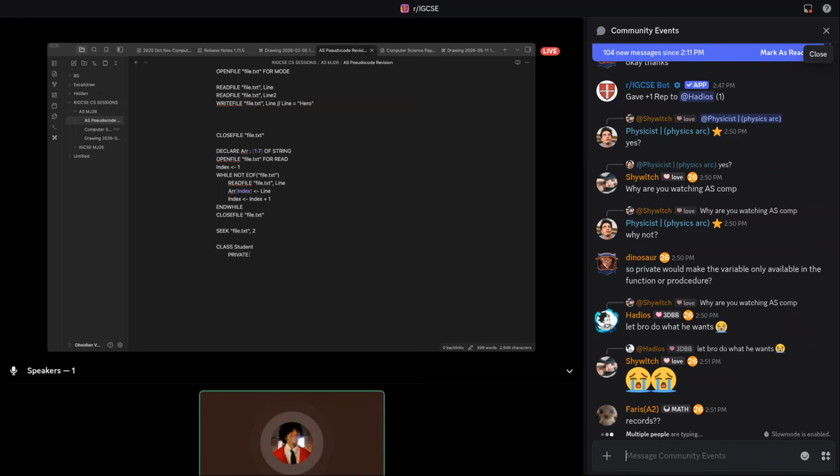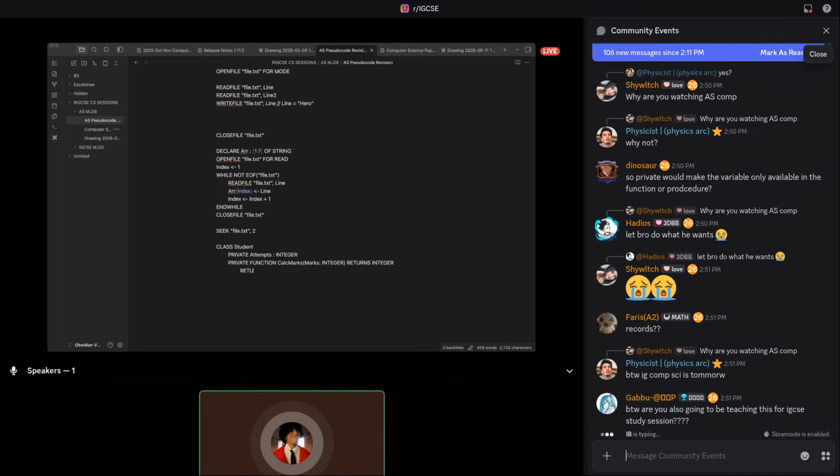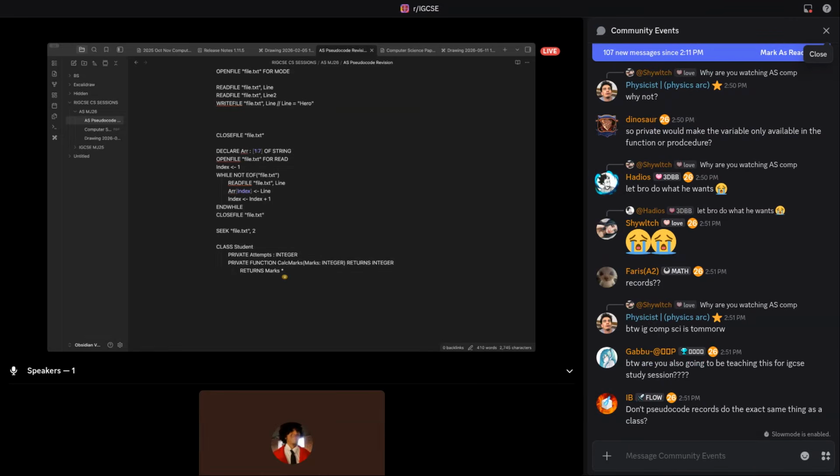Okay, let's say that I have a private variable called attempts, which is an integer, and then I have a private function called calc marks, which takes in marks as an integer, returns an integer, and it basically returns marks multiplied by attempts. And procedure and class. So what a class is,